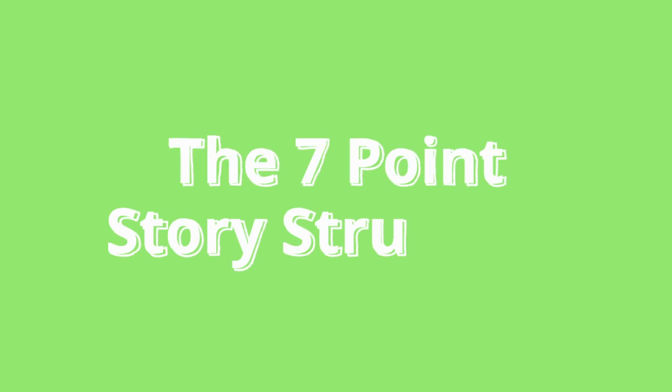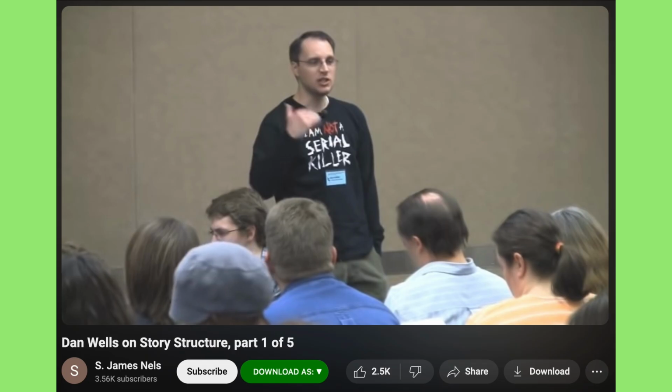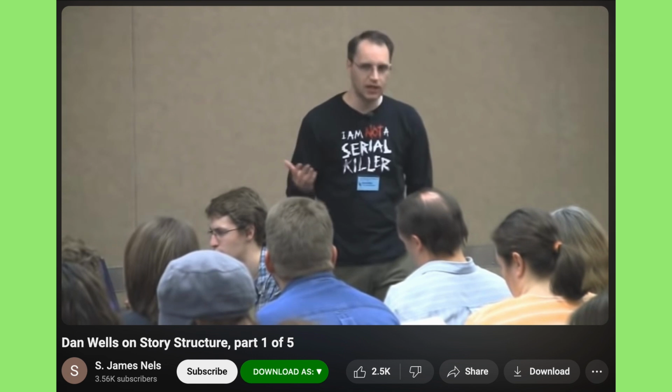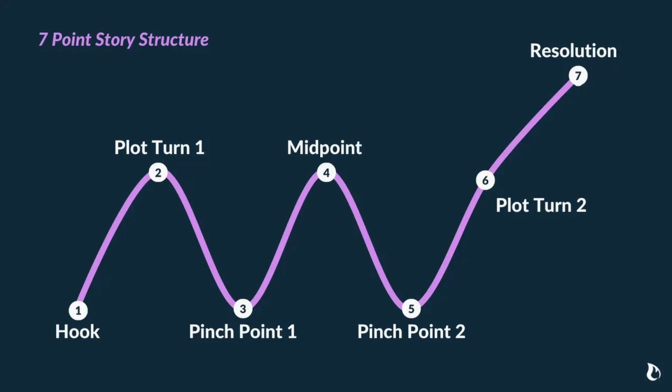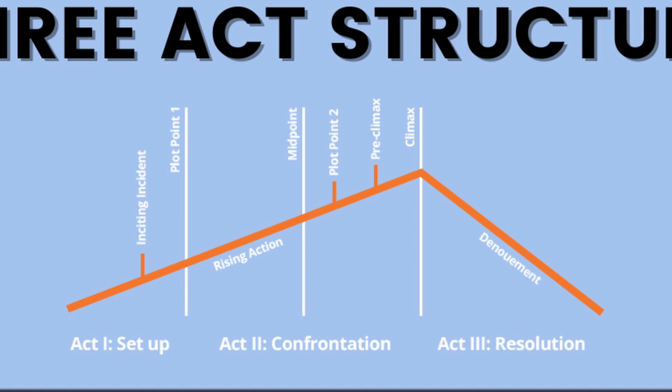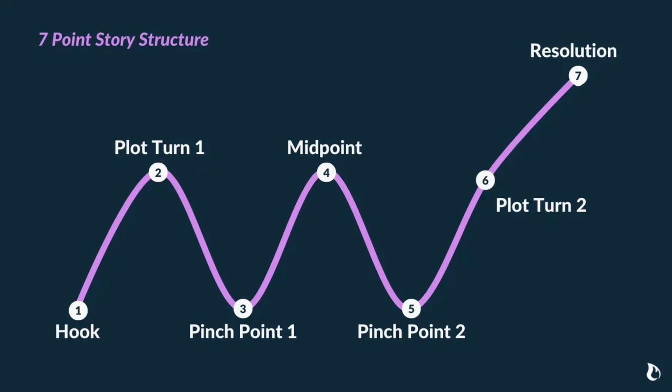The 7-point story structure. Presented by Dan Wells and explored thoroughly through his lectures at Brigham Young University found here on YouTube, the 7-point story structure will look similar to the breakdown of the 3-act structure with minor adjustments. The 7 points are: the hook, where the reader experiences what is normal; plot turn 1, the inciting incident; pinch